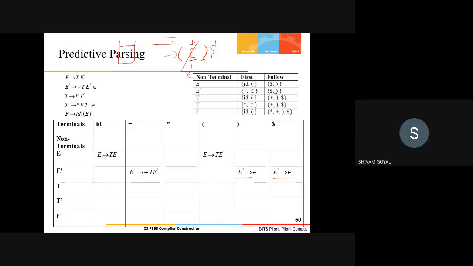So we have to concatenate both these things. You can either call it a configuration of the stack as well as input stream, or you can also call it the complete sentential form of the derivation process.